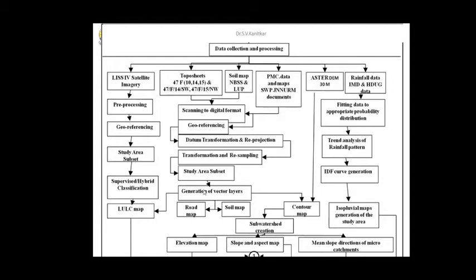So from topo sheets you have your road map, and you can also have a soil map based on NBSS&LUP, so that you can digitize and put it here. Now if you are working on hydrology in, say, WMS, then you need two layers, that is the LULC map as well as your soil map, so that you can further process it on the digital elevation model.